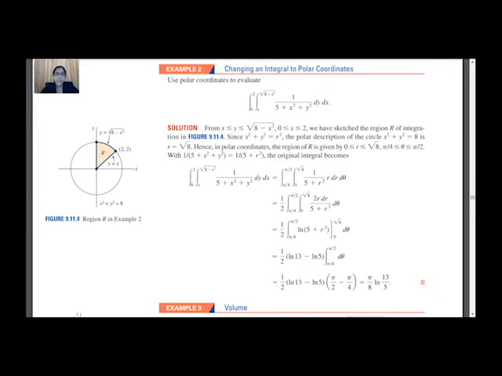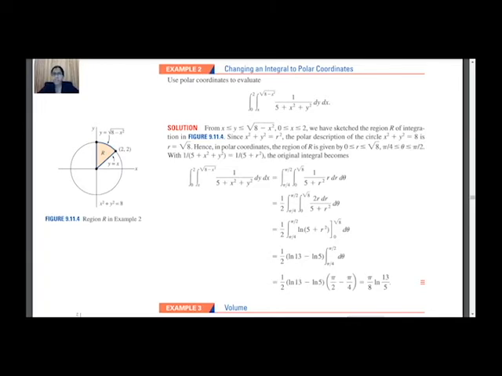And from where is r varying? R is varying from 0 to this point, that is 0 to root of 8, that is 2 root 2. I hope the concept is clear. r is root of 8. How can you say that r is root of 8? We have x square plus y square is equal to 8. So we know that x square plus y square is nothing but r square. So we have r square is equal to 8, or from that we get r is equal to root 8. Okay, so we get the limits of the polar coordinates, that is r is varying from 0 to root 8 and theta is varying from pi by 4 to pi by 2.